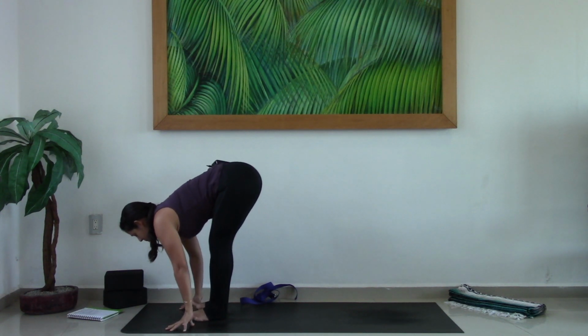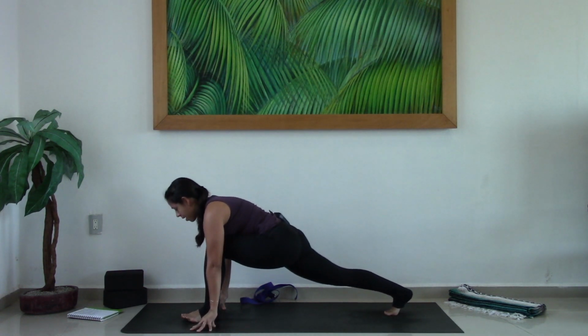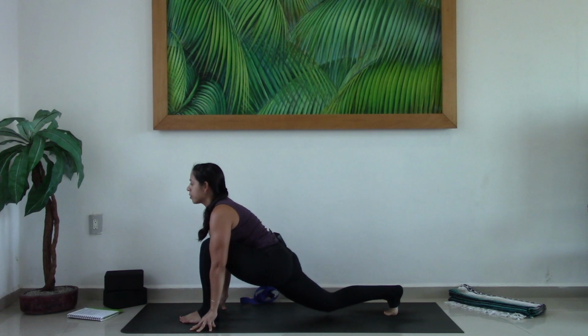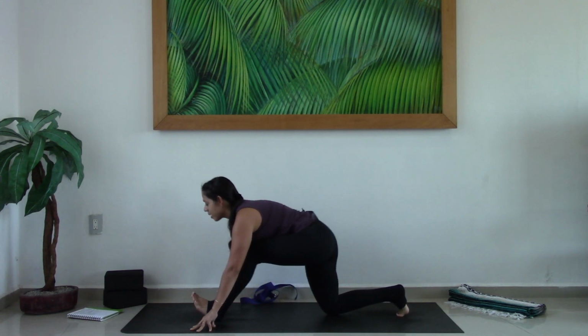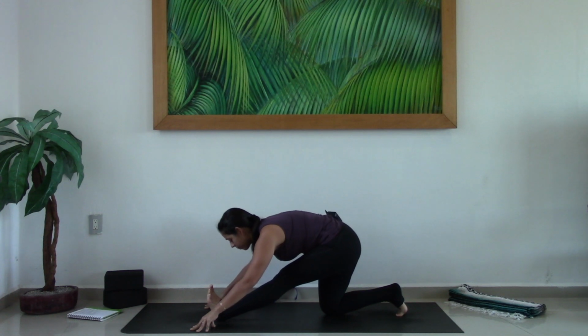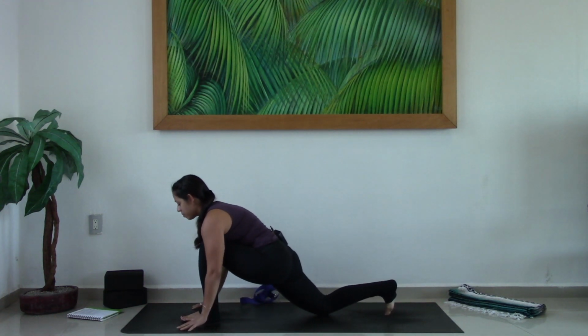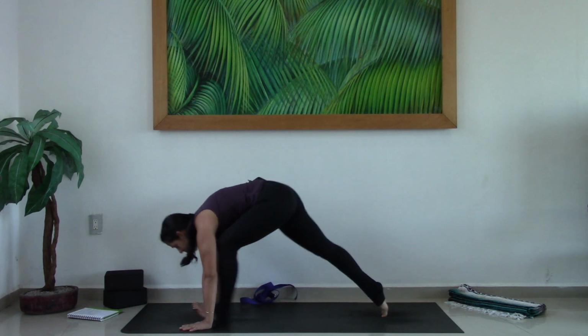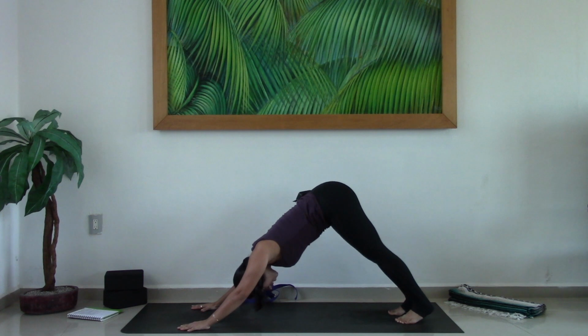And as you exhale, step the right foot way back, finding a lunge shape. Inhale, open the heart towards the front of your mat, bring the right knee to the earth. Exhale, straighten the left leg, bring the hips back, Ardha Hanuman. Inhale, rebend the left knee, come on forward, plant the palms, tuck back toes, lift back knee, exhale, step back, downward facing dog. Take an inhale